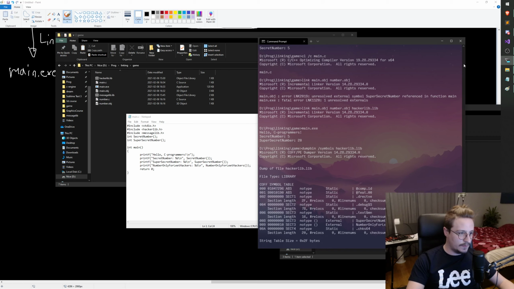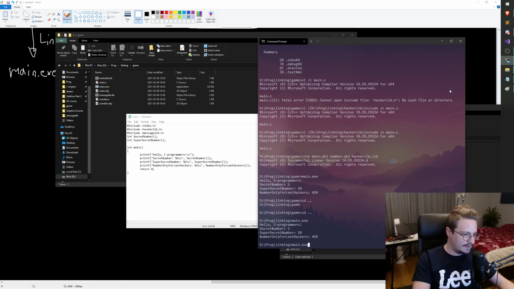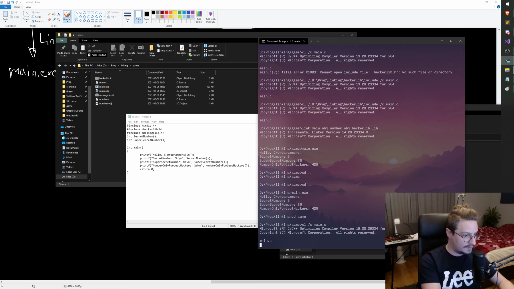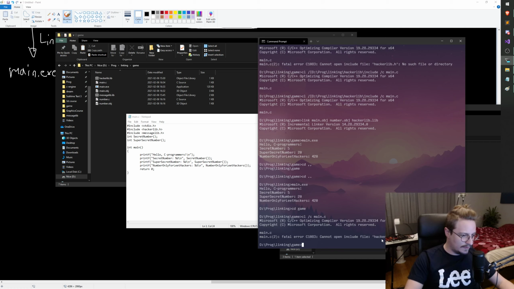And again, I'm going to have to add this as a CL main.c. Okay, so I'm going to have to include both hackerlib and this message lib. So I'm going to add both of those include directories to our include search paths. So I'm just going to do CL big I. Actually, let me just up arrow until we find it. There it is. So I'm going to CL big I, d prog linking blah blah blah, and I'm also going to do